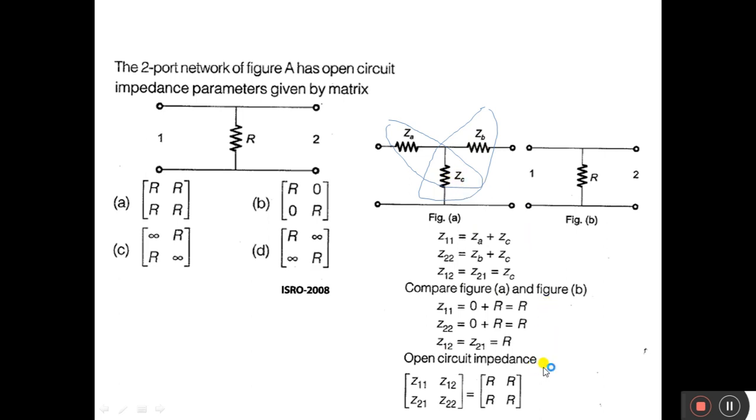So for this question, ZA and ZB are not available. You take them as 0. Here 0, here 0. So 0 plus R, again 0 plus R, are both corner values, and the common values are for Z12 and Z21. So directly you can get the answer R for this network. Very simple idea. No need for the conventional method. If you bring any Z parameter circuit diagram into star, you directly get the answer. So accordingly, option A is the correct one.